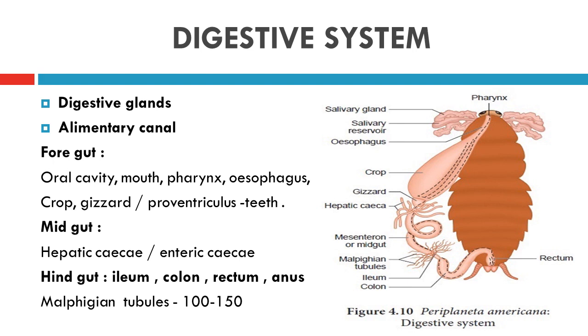Can you watch? Hepatic caeca. So this is doing the secretory process. It is secreting the digestive enzymes. Okay, so this is a special feature which is present in this midgut region. Is it clear? Okay, and then this midgut will end with the next region, the hindgut, where the midgut